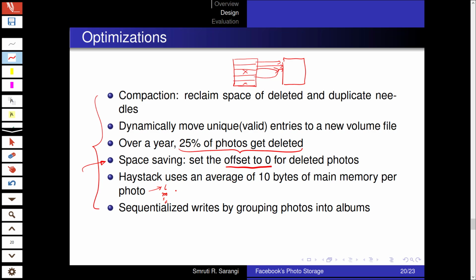For each of them, we spend roughly 10 bytes. So we have a total of 40 bytes of main memory metadata that we save per photo. And also we try to sequentialize the writes, because traditional storage devices such as commodity hard disks group photos into albums, and so we try to sequentialize the writes as much as possible, which increases the performance at the server side.